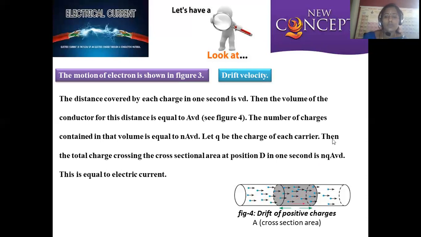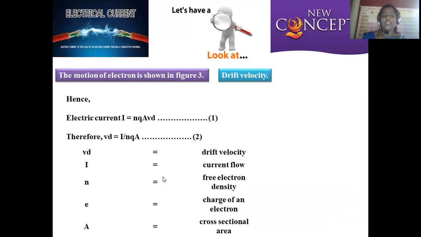So here what we are discussing is the total charge crossing the cross-sectional area at a position in 1 second, which is given by nqAVd. This is equal to electrical current. The product of all these terms is exactly equal to electrical current, right? So this is the formula which is provided for the drift velocity. This is called the quantitative calculation of this electrical current. Now, the equation is mentioned in this manner. Electrical current is given by I is equal to